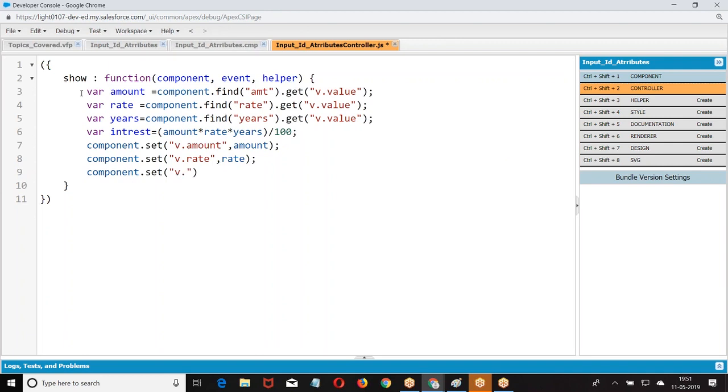Why? In the component I was trying to display. If you want to display those values in the component, we require an attribute. How do you display the value? Using attributes only you can display. Using ID I cannot display the data. This is what I get. Read the values based on IDs, set the values based on attributes. Right. Then we had